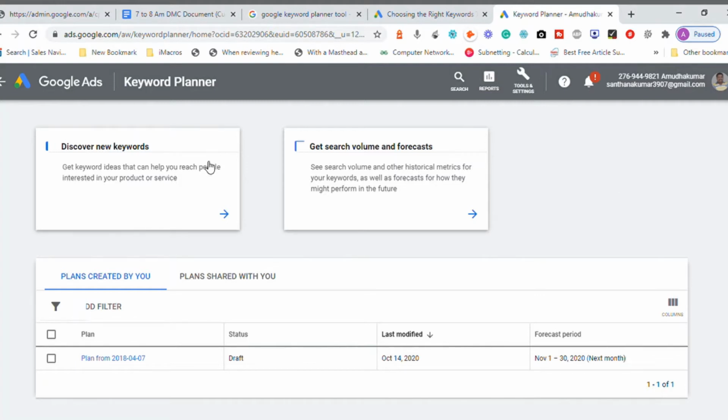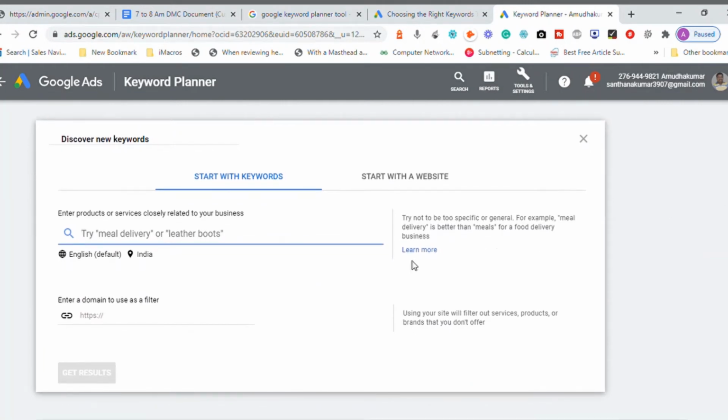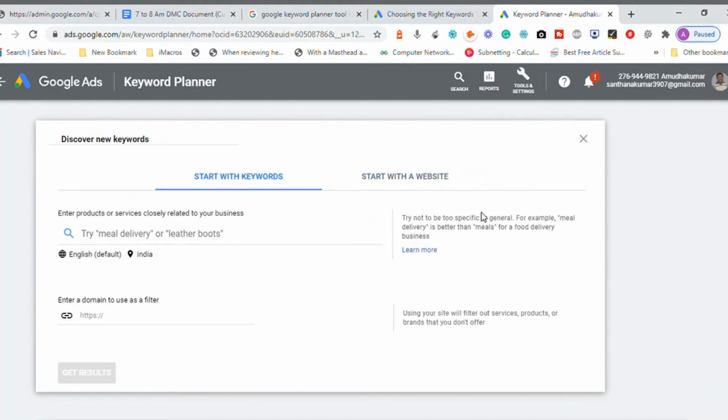So we can go ahead and click on the option called discover new keywords. It says you can start with a keyword, or if you have a website, you can give your website, and we will figure out relevant keywords from your website. The first option is start with a keyword, where you can try something like online digital marketing course.